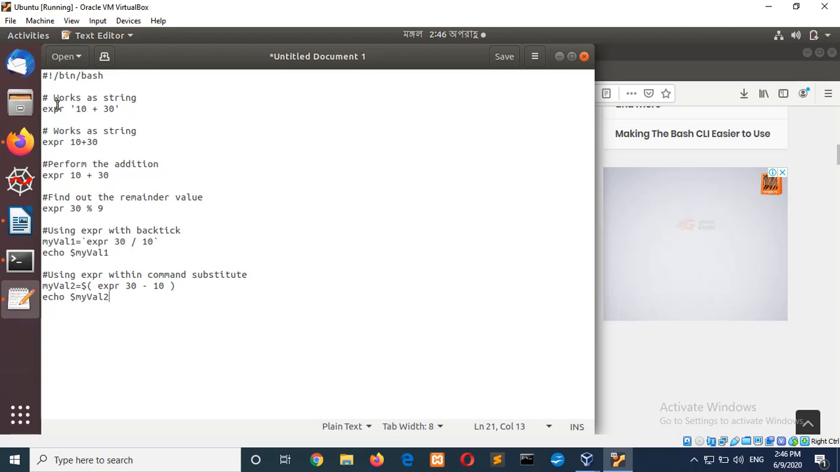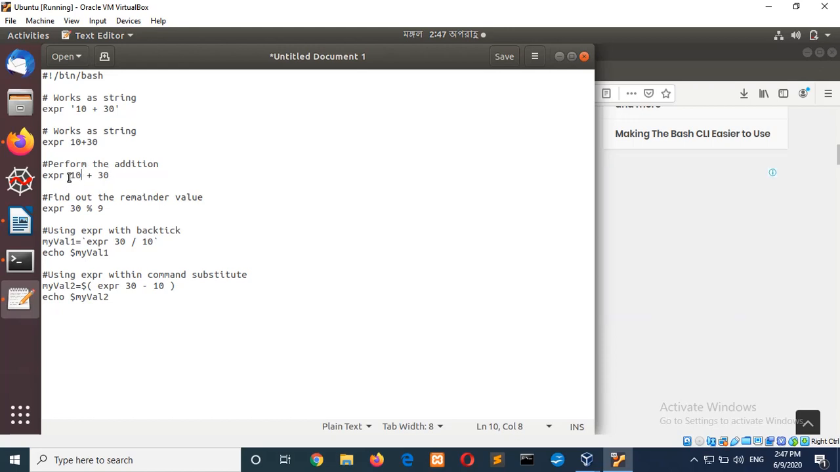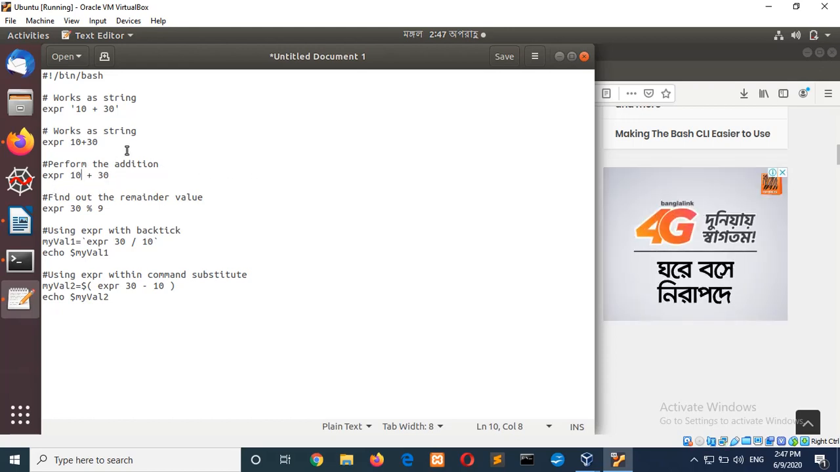Start with the first line of this script. The expr is using numeric data with a single quote, so it will treat as a string data, and here single quote is omitted, and here space is created between the numbers and no quotation is used, and here remainder value is calculated,